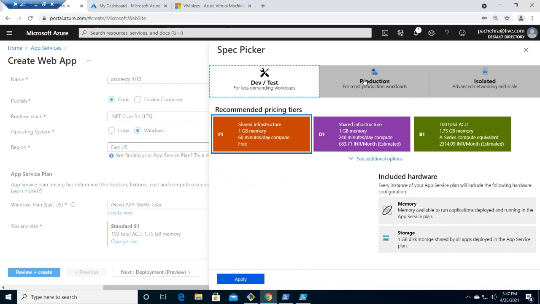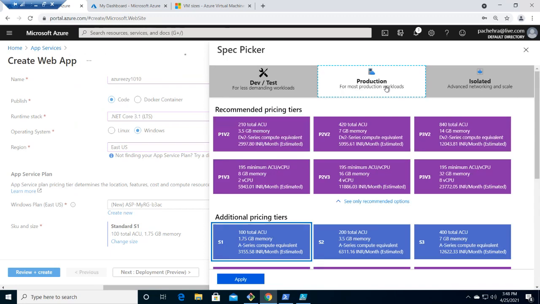And if you go with the production, we have dedicated compute. So we have free, we have shared. If you see here, my mouse here, right? Free, shared. If you go to the production, we have dedicated compute. That means apps will run on their dedicated Azure VMs at the backend. Okay, and the apps which share the same plan can run on the same compute, which means you can host multiple apps on your app service plan.